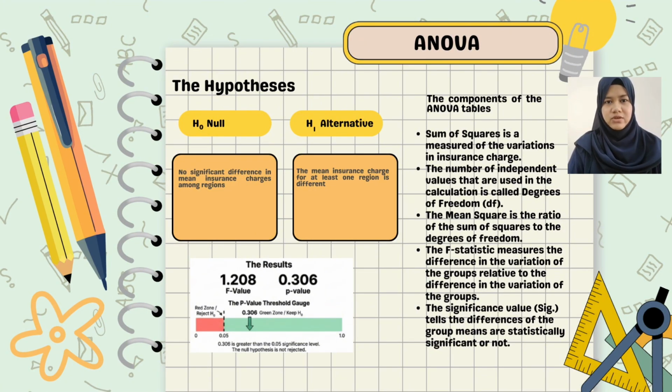There are a few components of the ANOVA table. The first one is the sum of squares, a measure of the variation in insurance charges, and the second one is degrees of freedom, which represent the number of independent values in the calculation. The third one is the mean square, calculated by dividing the sum of squares by the corresponding degrees of freedom. The next one is the F statistic, which compares the variation between groups to the variation within groups. And the last one is the significance value, which helps to determine whether the observed difference in group means is statistically